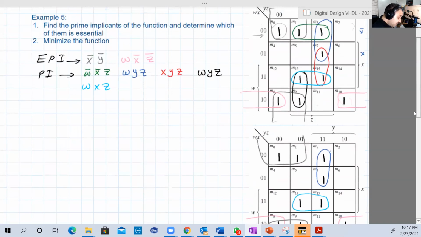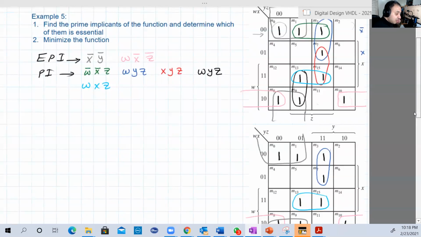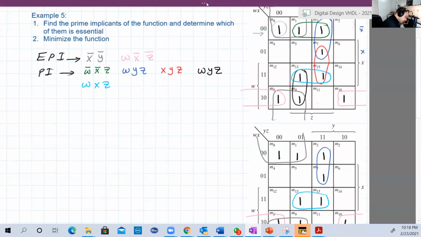If we do the red, we will add two other prime implicants. So we will have three prime implicants instead of two. But with this solution, we have only two prime implicants, beside, of course, this is a non-essential. So this is the only optimized way. So F minimum here,